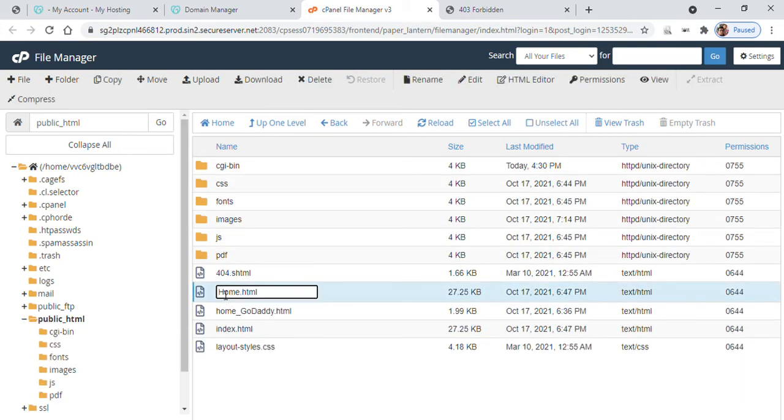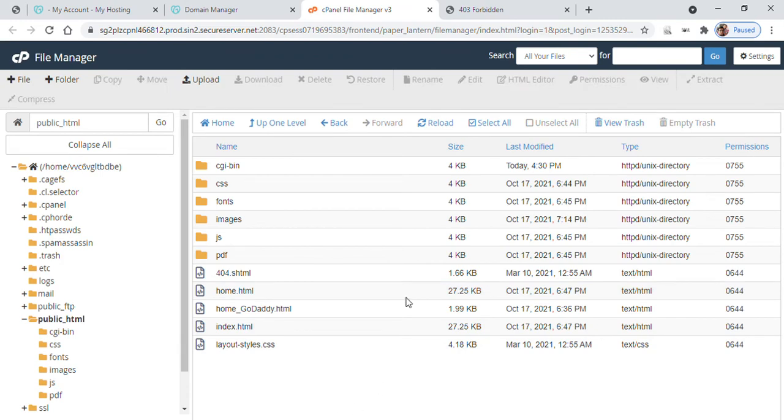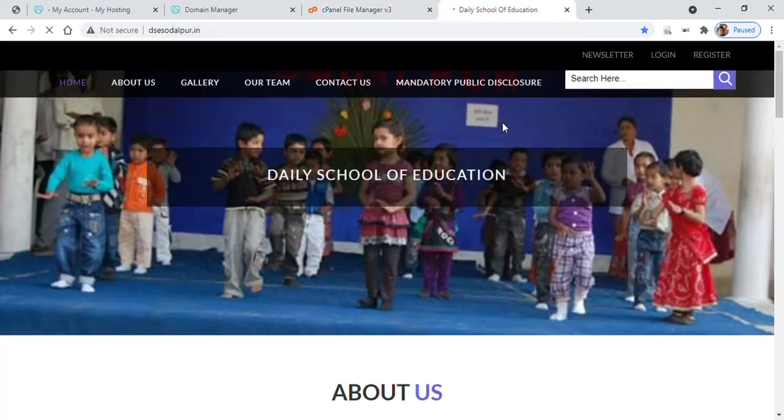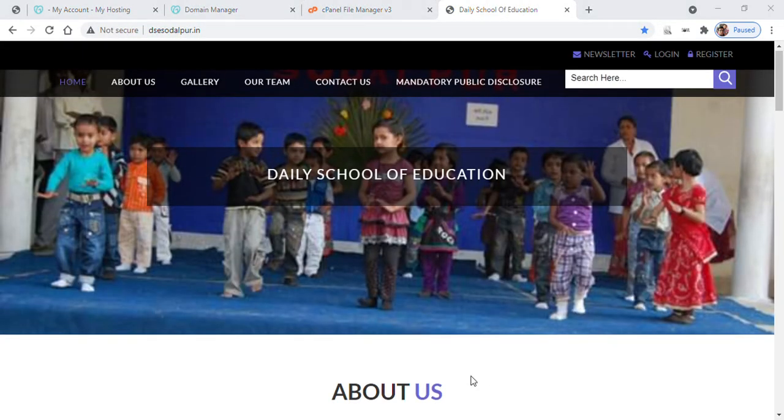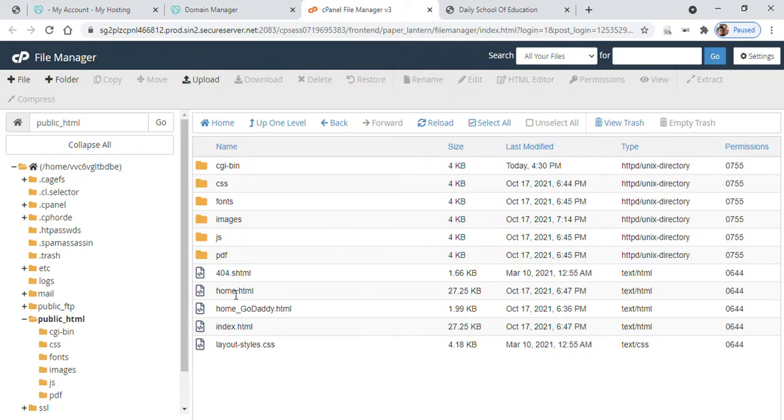Now we'll discuss the other problem, and that is index of. I see in many places this happens due to the file name itself, right? And it depends on which hosting environment you are choosing, if it is Linux or if it is a different one. Based on that it shows. So in my case it was showing forbidden. In your case maybe it will show you index of. So you can try this.